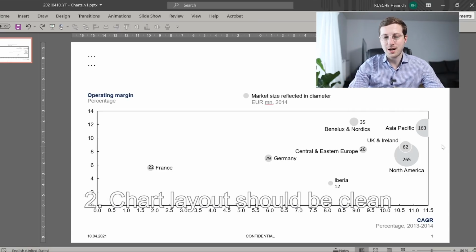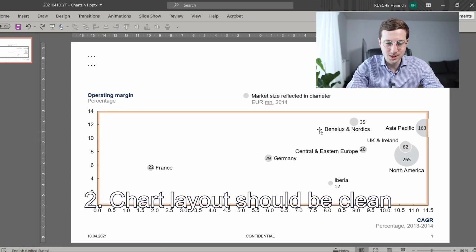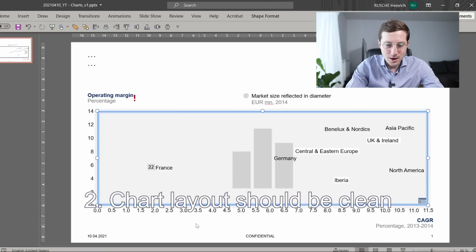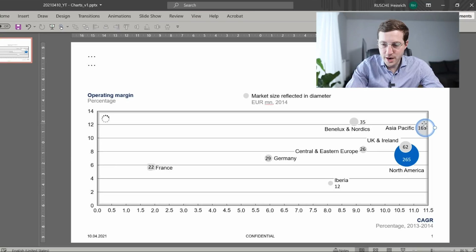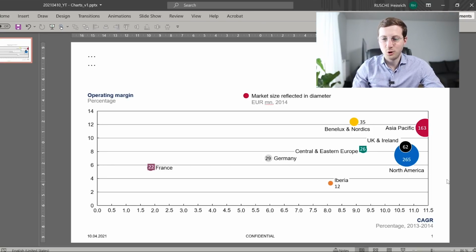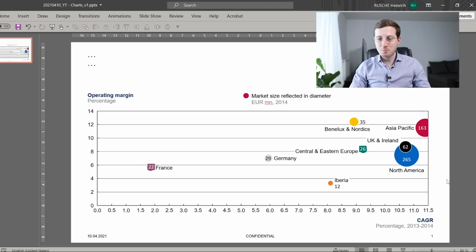For starters, I'd like to put your attention on the layout. This is a rather clean layout. Now you could easily make this layout much more messy. You could, for instance, include different colors for these circles, include these separator lines, make this blue, this red. So now I introduce different colors for the different circles. And this is what I often see people do: color it all up, make it look colorful, but this is not what you want to do.